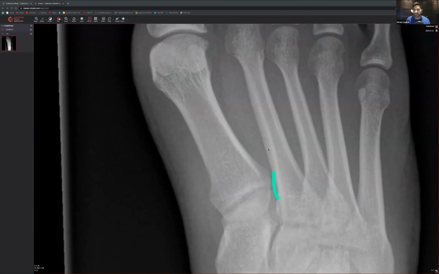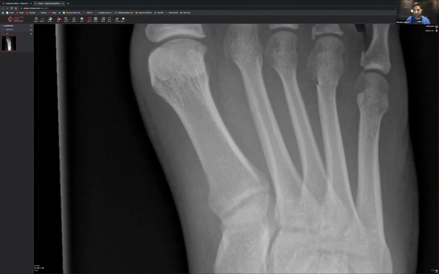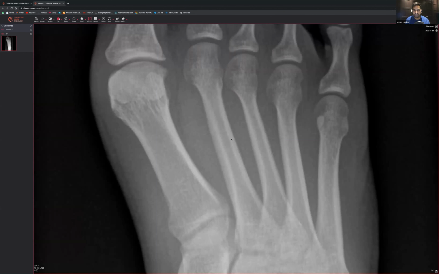But as you go along like this, you try and look to see if there's any sort of fuzziness anywhere along those areas. Fuzziness is where you've got a bit of a cloudy appearance. If you can't see any cloudy appearance, then fine, you're not looking at any sort of stress fracture. Generally speaking, you'd get a stress fracture either in this region or in this region. That's where I'm normally seeing them. You follow along like so, just make sure that you haven't seen a stress fracture at all. Of course, look at the rest of the metatarsals as well.